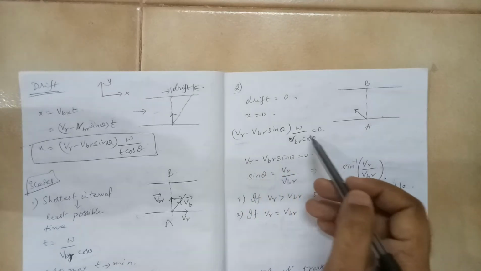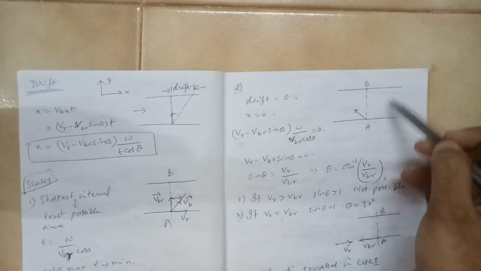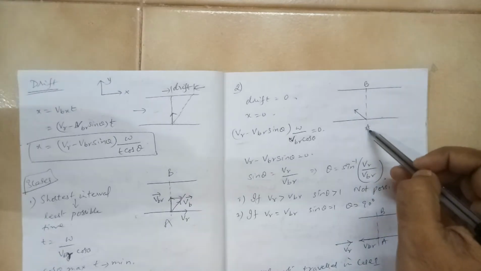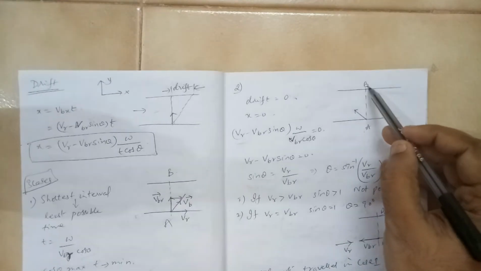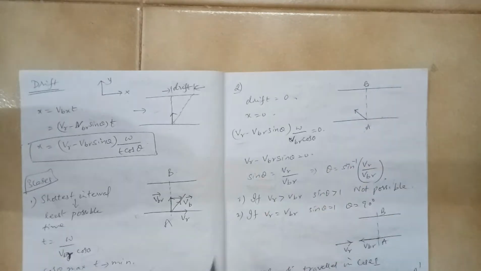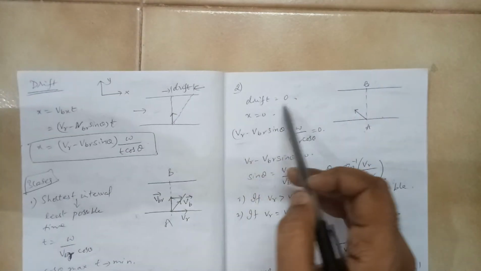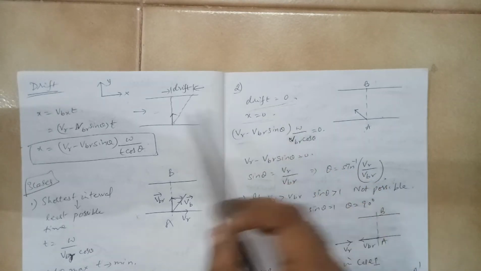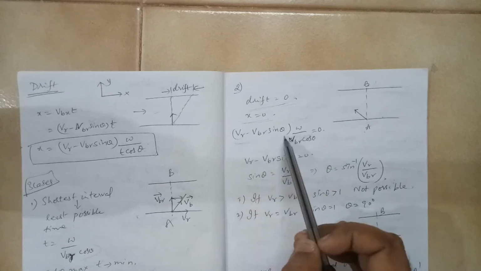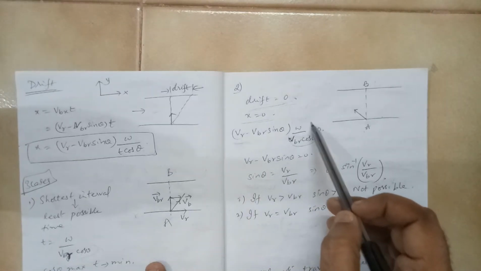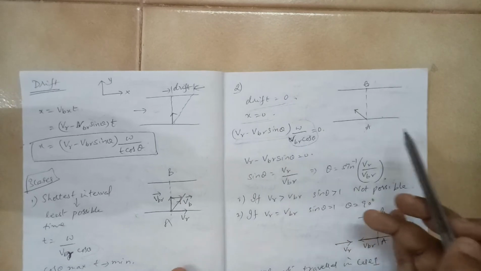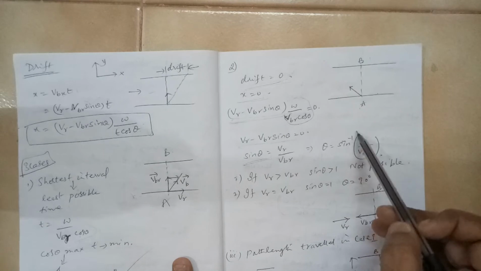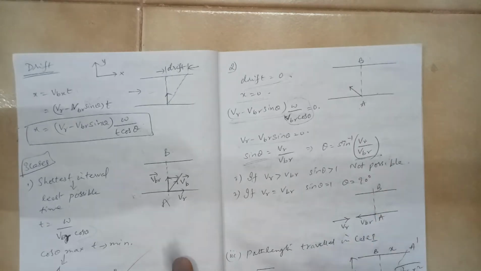Now second situation, when a person starts from here and he has to directly go to the opposite point. That means he started at A and you draw a straight line. He has to reach exactly on B. So in this case, is there a drift? No, there is no drift. If there is no drift means there is no x. So the expression of x becomes equal to 0. If you see here, this term cannot be equal to 0. Only this term has to be 0. So from here you get the equation for sin theta. Theta is equal to sin inverse of VR by VBR.